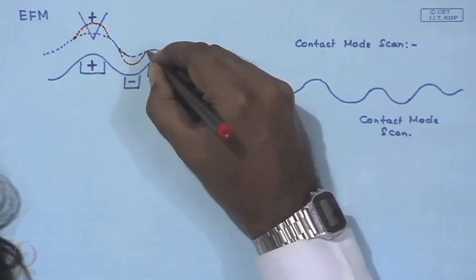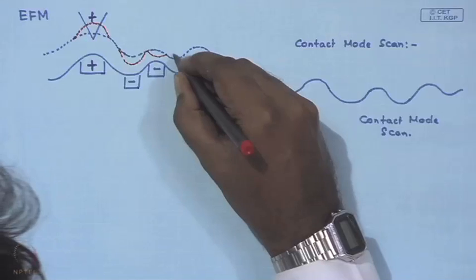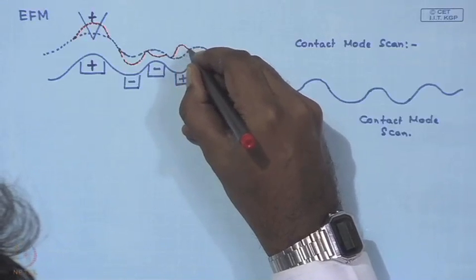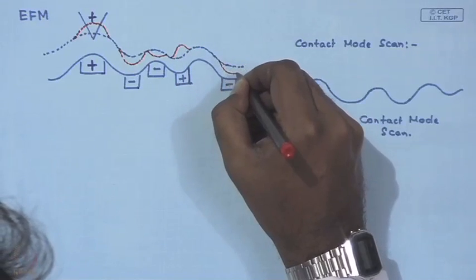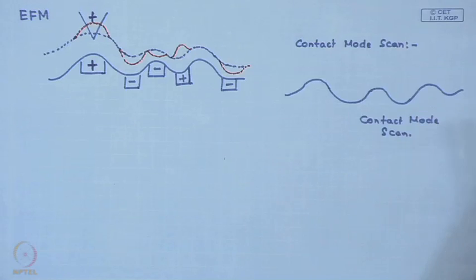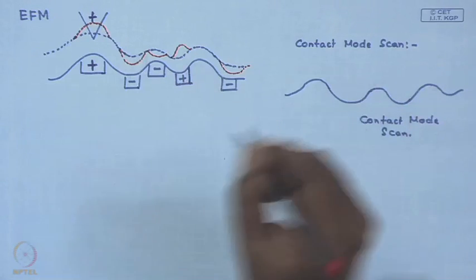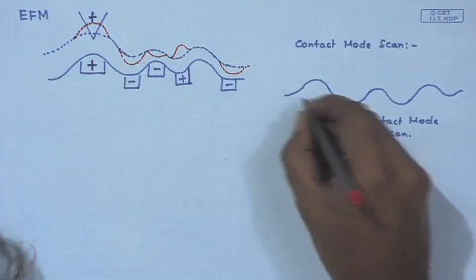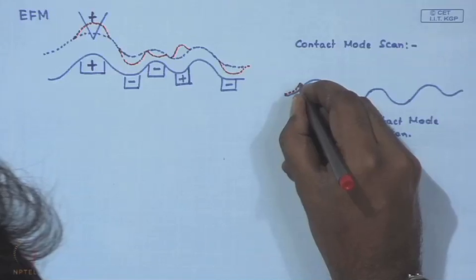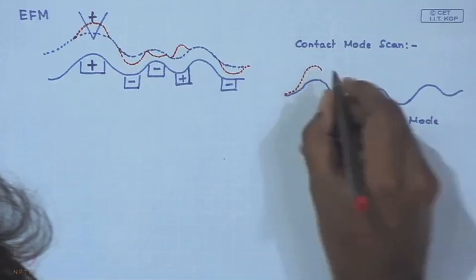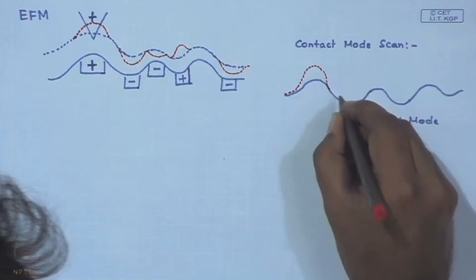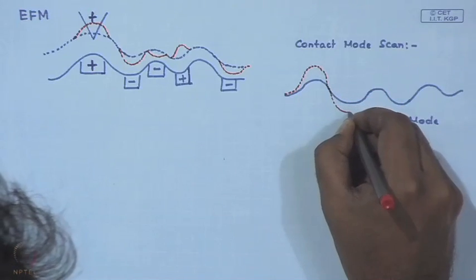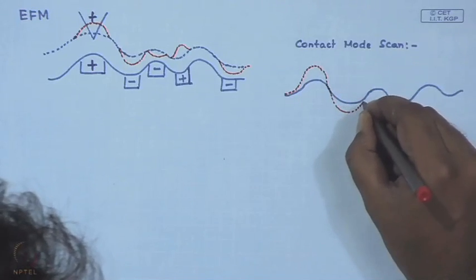In this area there will be a repulsion, and in this area there will be an attraction. Now, when you superimpose these two scans, the regular contact scan as well as the non-contact scan you have performed with a positively biased tip,